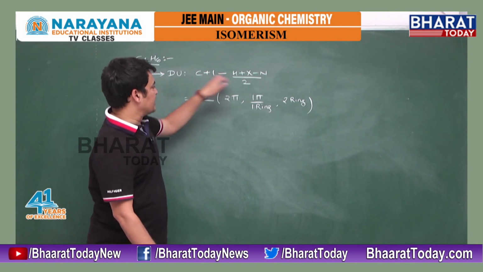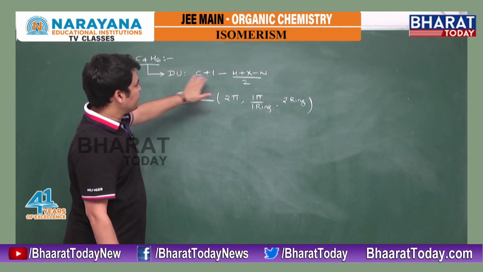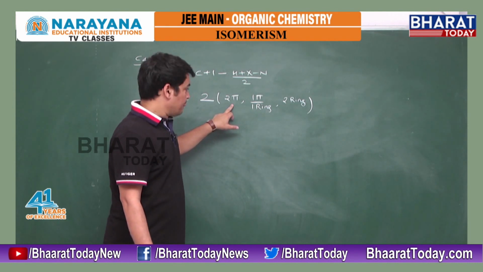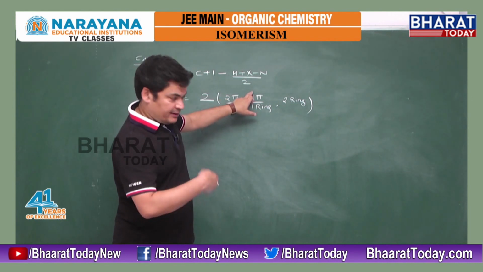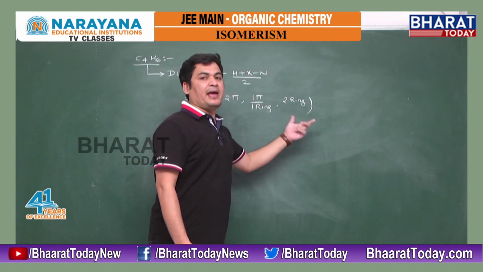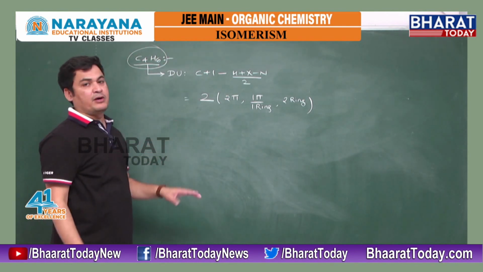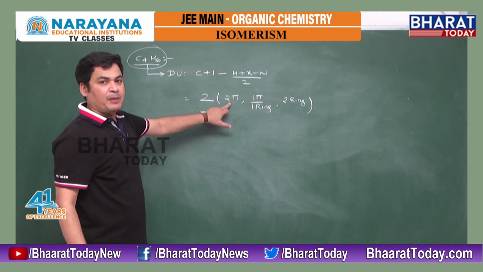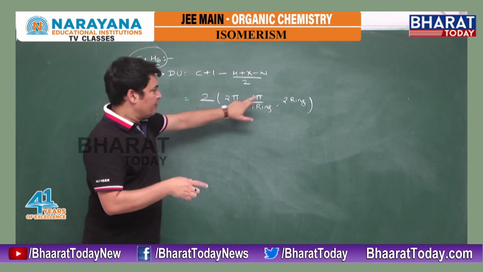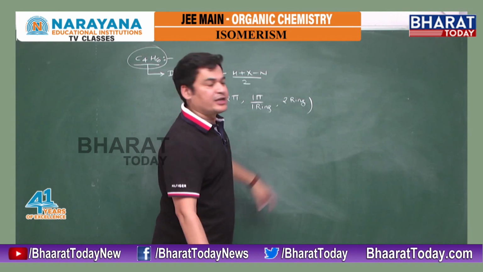Degree of unsaturation means how many pi bonds are present. Here with the formula I am getting 2 pi bonds. So the compound can have 2 pi bonds, or 1 pi and 1 ring, or both pi converted to ring, in which case we may have 2 rings. So finally I have C4H6 with 2 pi bonds. If both pi bonds are present together, that can be alkyne. Both pi bonds separate, that can be diene. 1 pi maintained, 1 pi ring, cycloalkene. Both become ring, bicyclo or spiro.